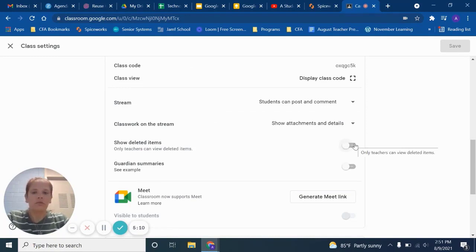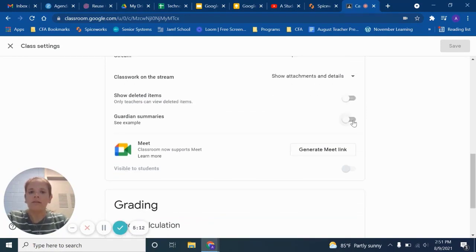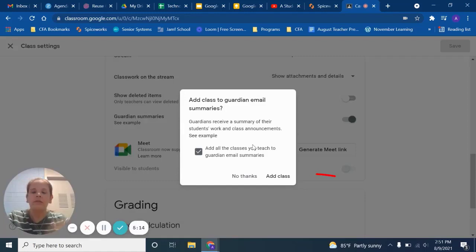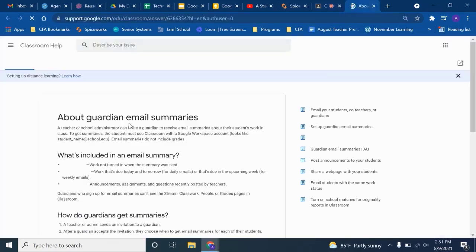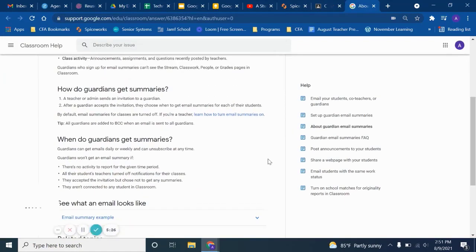You can show deleted assignments, guardian summaries. If you do turn them on, that means that you would be able to share the guardian summaries with your parents, and you can add them by their email address. An example of a guardian summary is